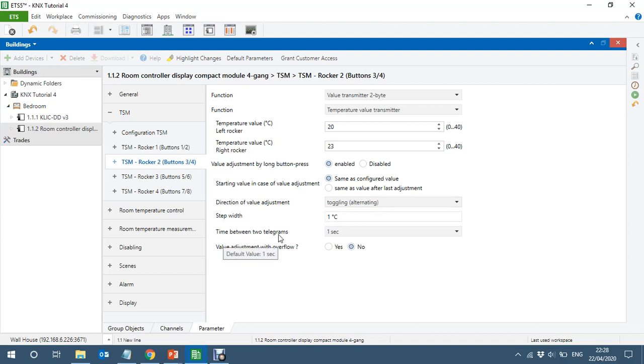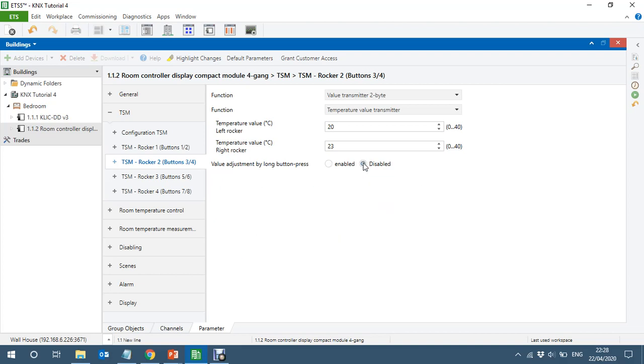Between 2 telegram, once again, same value after lost object. Let's leave this for the time being. I'm just sending this as an example to send something to the AC unit. So you send 22, 20 and 23,